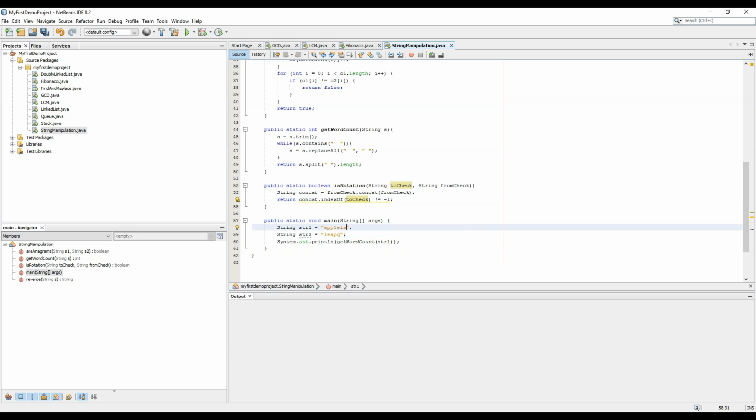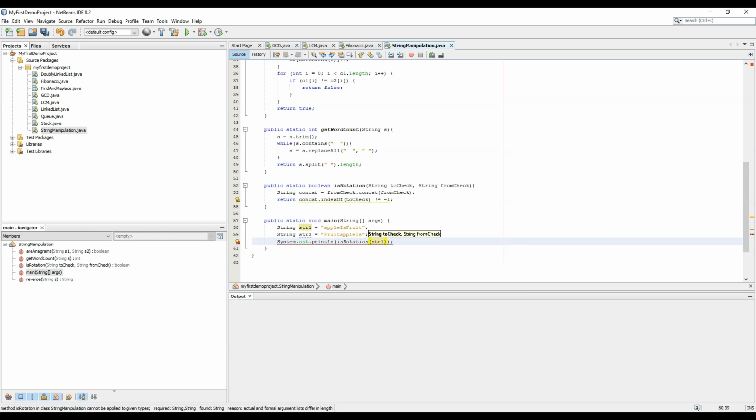Apple is fruit, and now we need to check whether fruit apple is a rotation or not.